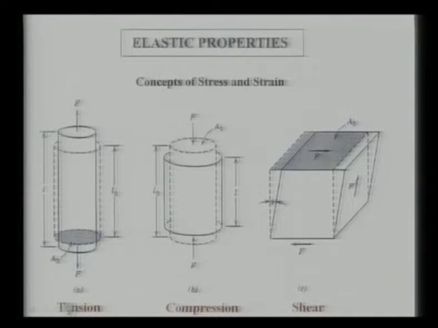So first let us start with the description of typical stress and strain. On the left hand side you can see a cylindrical specimen, and this cylindrical specimen is pulled in tension. This is the simplistic description of how a tensile force is applied to a cylindrical specimen, and as a result this cylinder will increase its length and decrease in cross section, and the increase in length will be commensurate with the decrease in cross section up to a certain point during the tension test. Those details I will describe a little later.